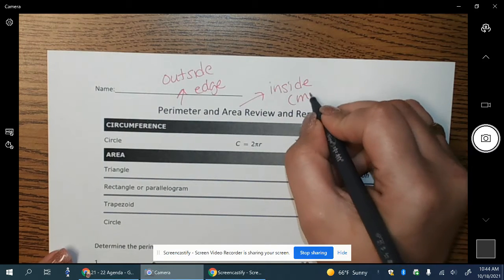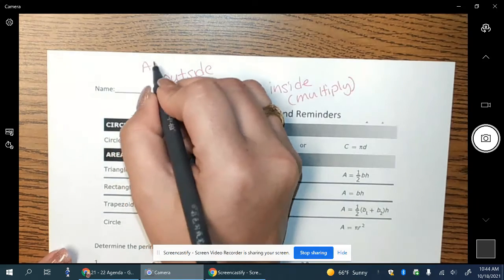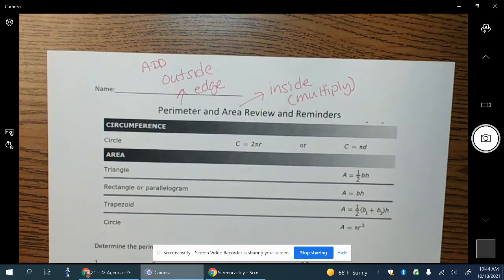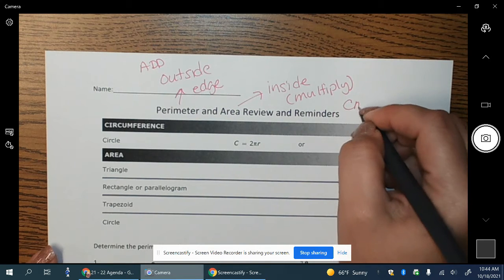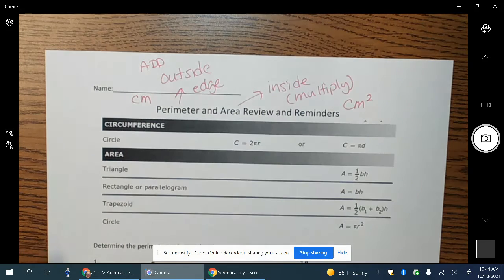And for area, we're always multiplying. Here we said add. Okay? For area, we're multiplying. For area, our units are always squared. For perimeter, it's not. Okay? And again, this should be easy. This is review. So the thing that is probably going to give you the most trouble is circles, because you